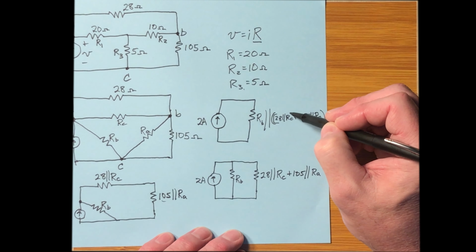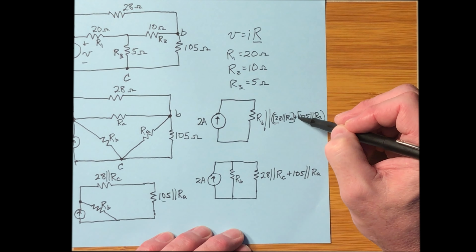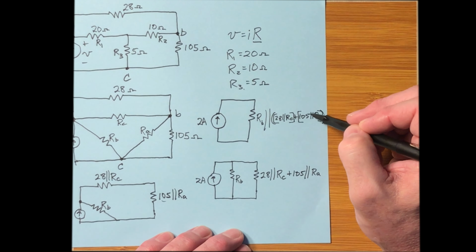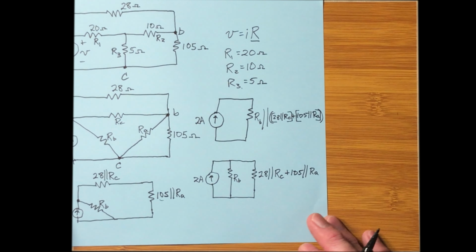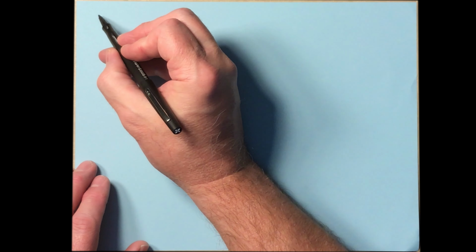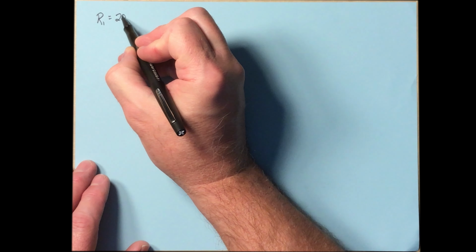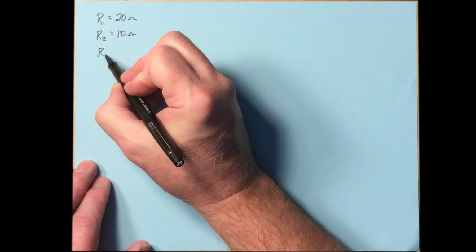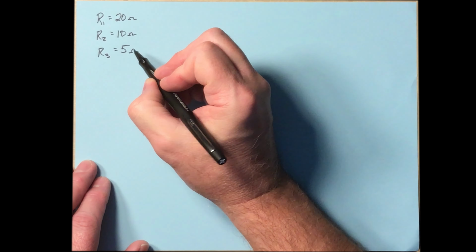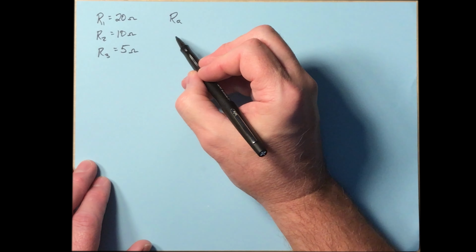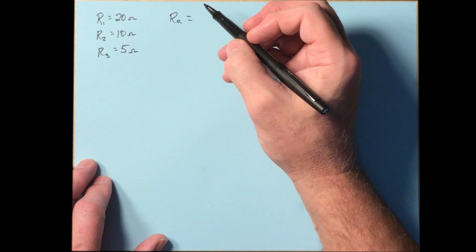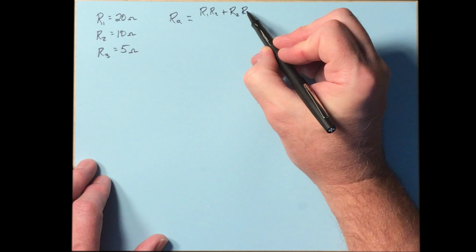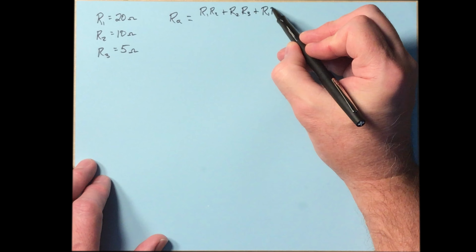So let's think about that. I need to combine those two right there, these two right here, and then that combination when I sum it together with R sub B. Okay, let's do that. So I'm going to rewrite R1 is 20 ohms, R2 is 10 ohms, and R3 is 5 ohms. I want to compute R sub A, R sub B, and R sub C. Let's start with R sub A. That's R1R2 plus R2R3 plus R1R3,